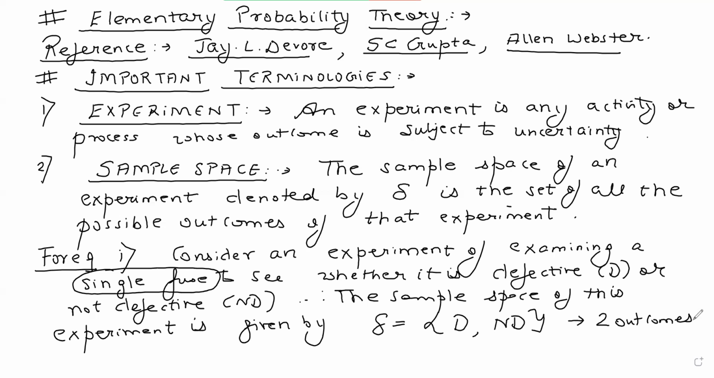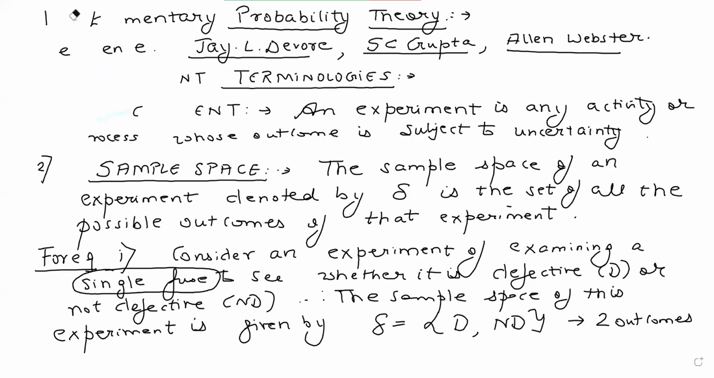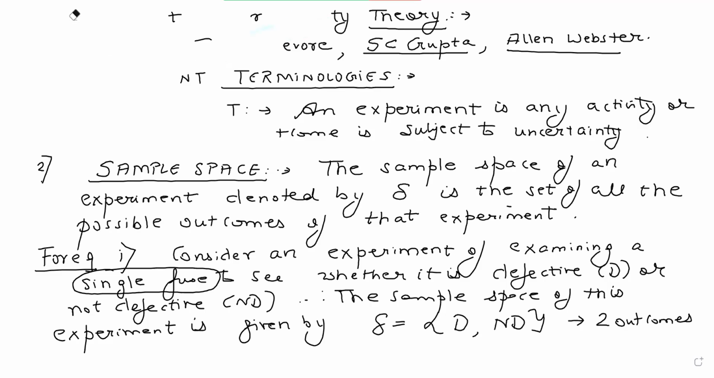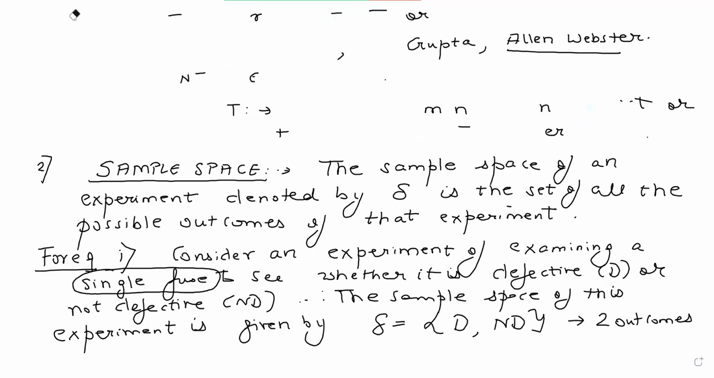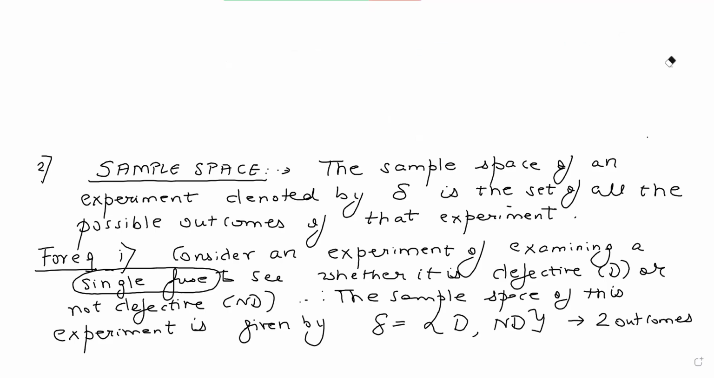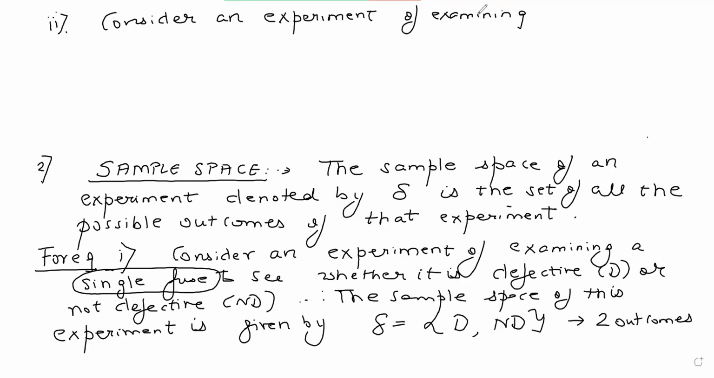Let me erase the initial part and let's look at another example. So I'm erasing the initial part off from the screen, and we are now looking at another example where we are going to write down the sample space of the experiment. So erasing this initial part off, I can now write, let's consider example 2. Consider an experiment of examining 2 fuses